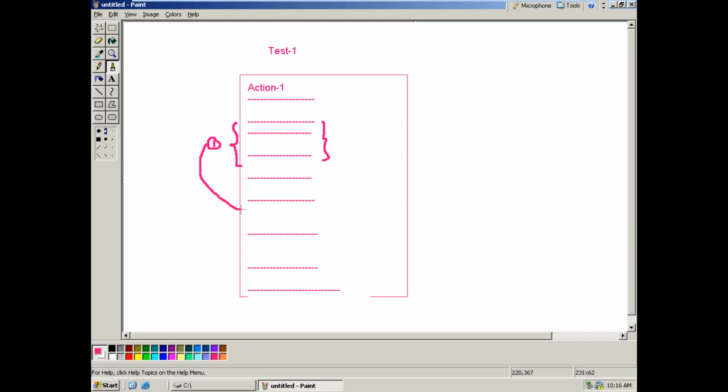Here I want to use it, the second time I want to use the same thing here, and the third time also.